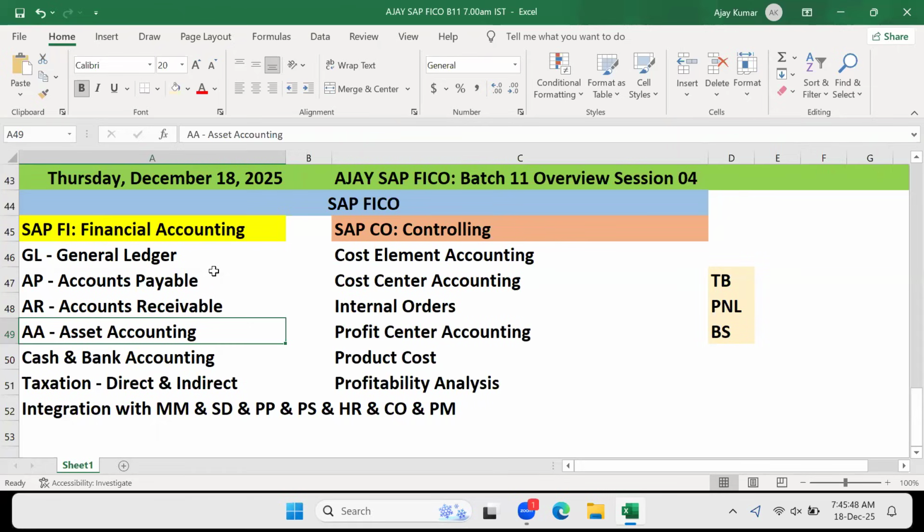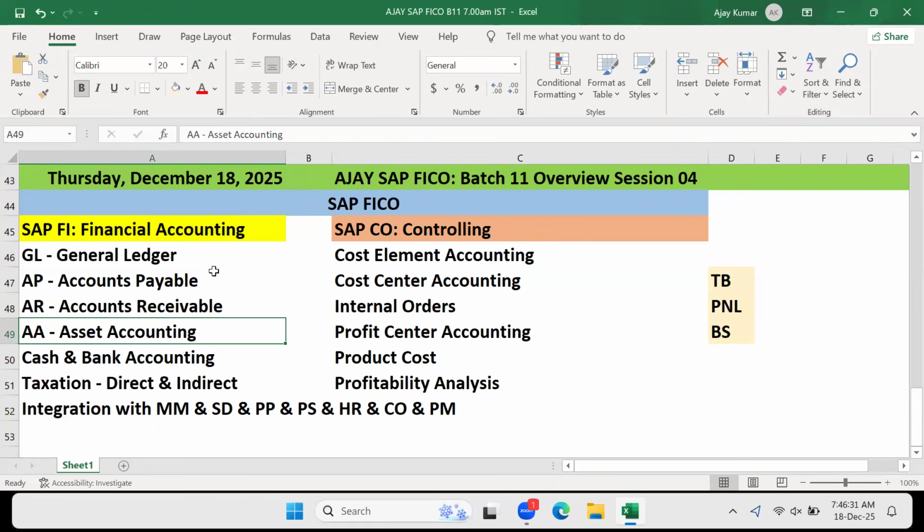Similarly, when you're talking about sale, sale will also be based on the sales order, right? Meaning your customer will not come to you every time. Not every company will have all the store outlets. So customers will simply place the order, and based on the customer order, you are supplying the product or service to the customer. So all your sales information is coming to the accounting based on the sales order. That is nothing but your integration with SD.